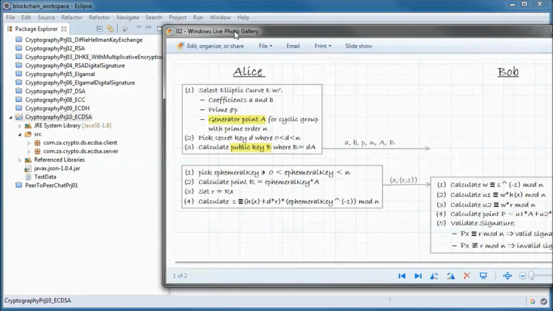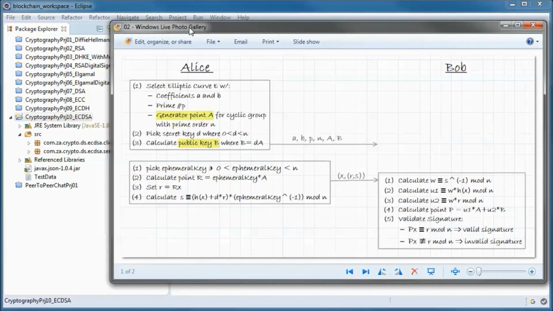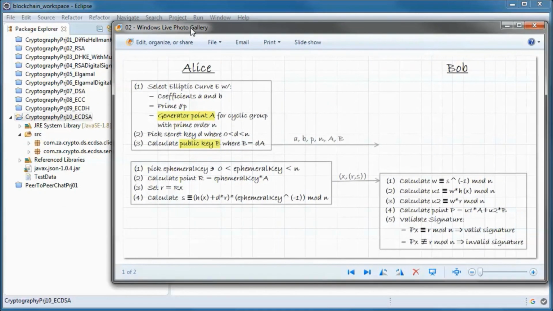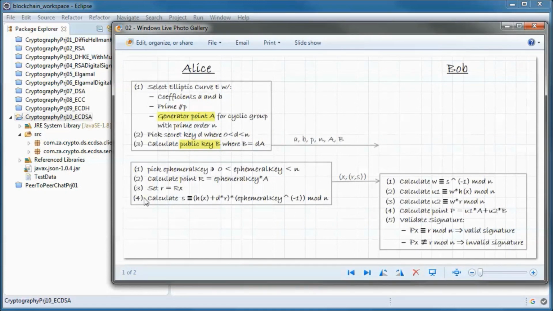Now, before proceeding with the code, let's do a quick summary. So we have it set up here where Alice wants to send a signed message to Bob.